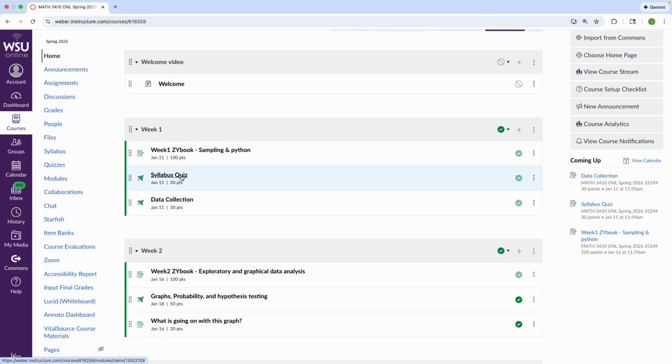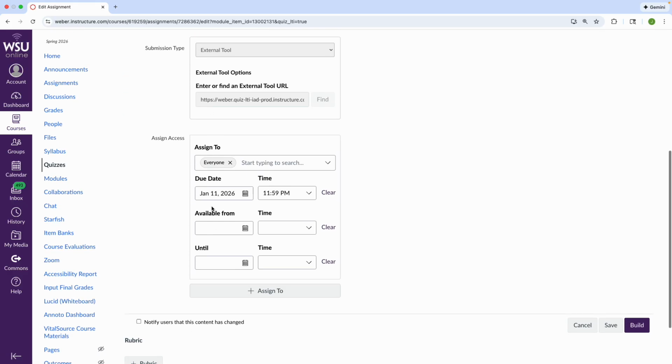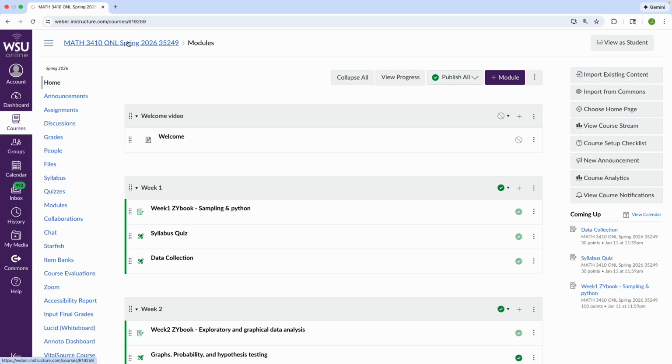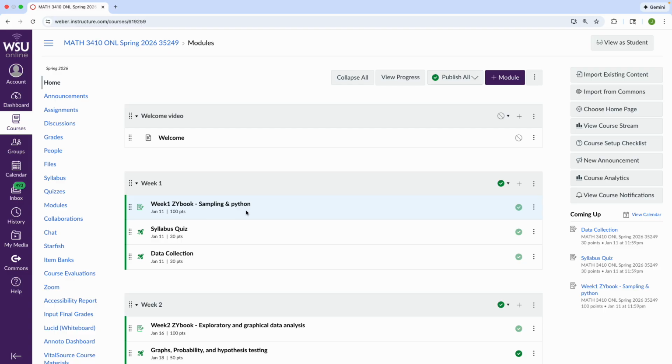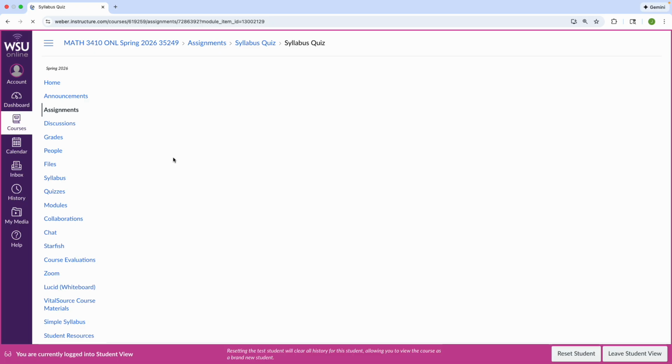Something else that you'll have is a quiz on data collection, and this data collection quiz is very similar to some of the material that's covered in this zyBook in its week 1. Let's go to the student view. Okay, and there's some things I'd like to show you. So when you take this syllabus quiz, for example,